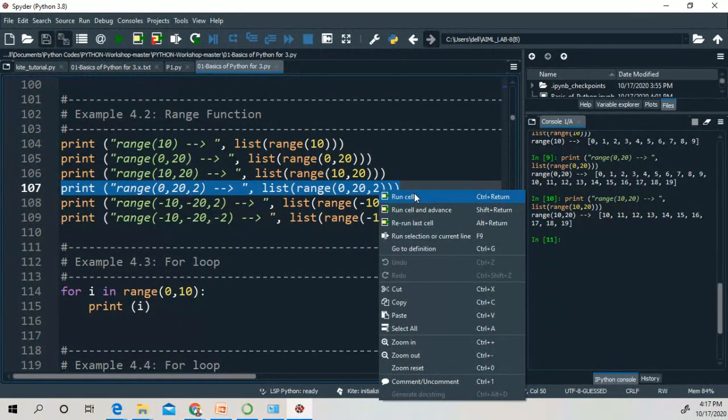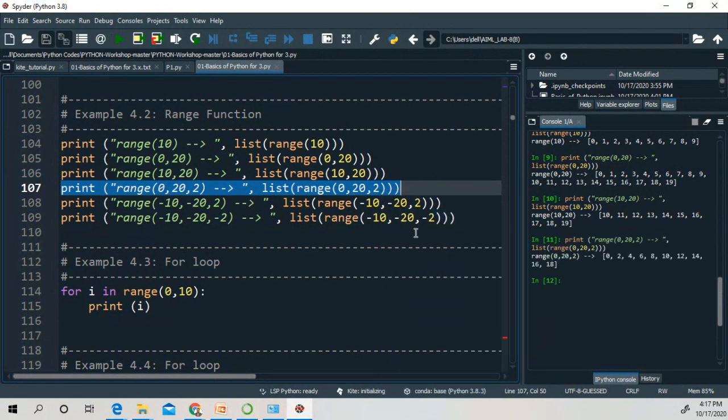Okay, so next is range 0, 20, 2. What do you mean by this? It will take the range from 0 to 18 with the gap of 2. Okay, so yes, you are very right. Okay, so this is the output. Now, what is the output for this? It will print the value, it will print the range or not? What is the